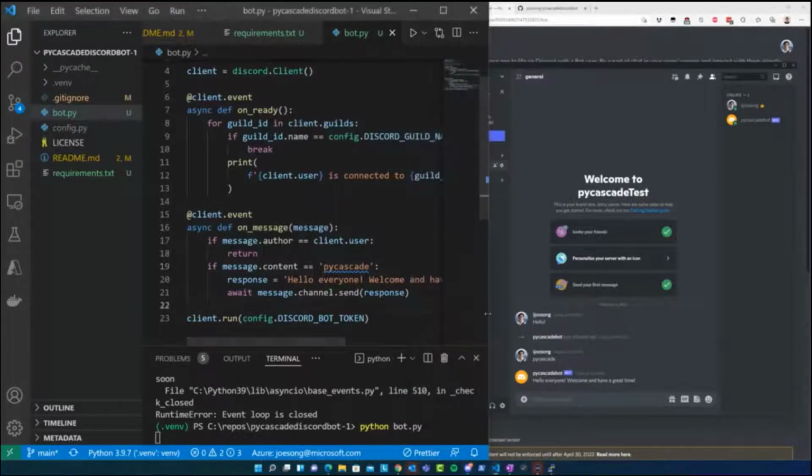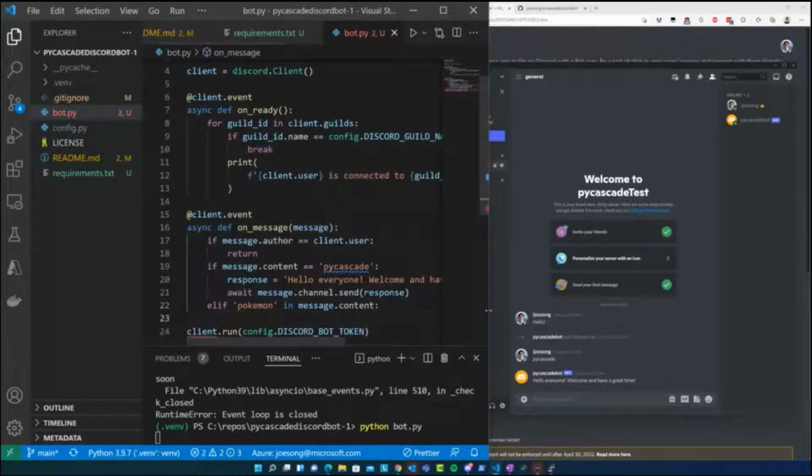Let's say we wanted to actually do some processes or some data analysis for a user. Something that we could do is I actually have an Azure function that I created that tells me what type a Pokemon is, because there are so many new Pokemon in the new Pokemon games coming out that I just need to look them up. So let's say, this is probably not the best way to do it because it's going to parse through every single message, but if we say Pokemon in message.content,